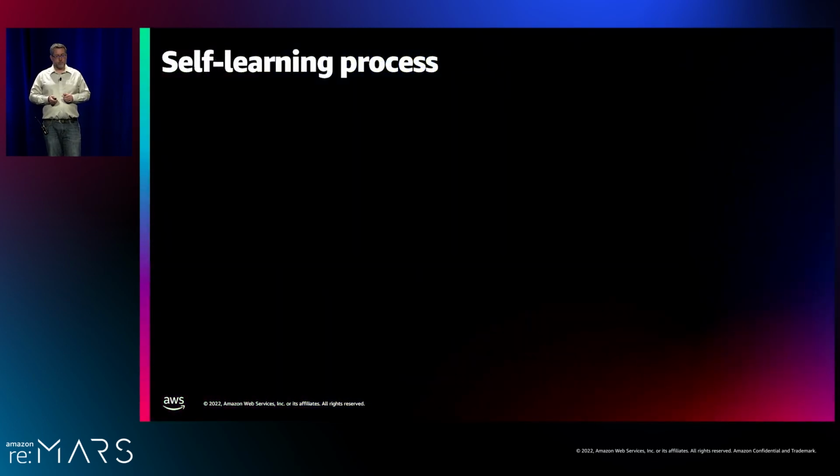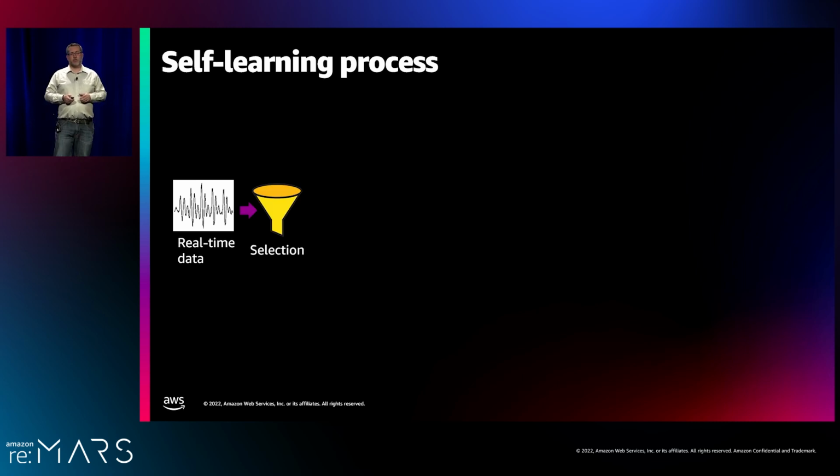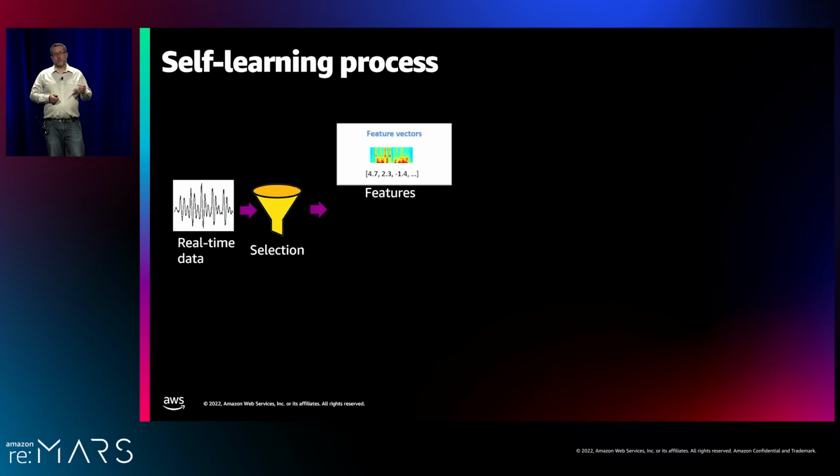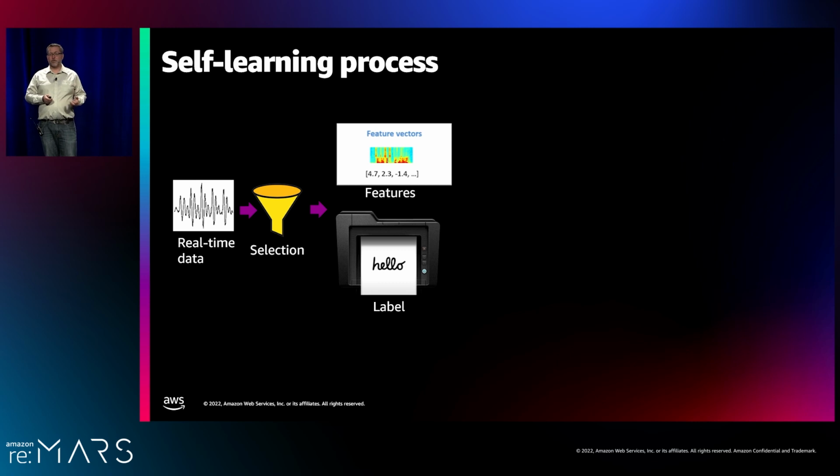So now I'm going to walk you through our self-learning process. It's not all that different from a standard ML training pipeline, except that it's happening in a real-time streaming fashion. So we start with some real-time data. The first thing we have to do is select the data that we want to use for learning. We get huge volumes of data, more than we can possibly train with, and some of it's not useful either. So we want to filter down to the really useful data. Once we've selected that data, we then extract our audio features using just our standard audio feature extraction processes. And then we generate the labels using those semi-supervised or self-learning techniques that I described before.